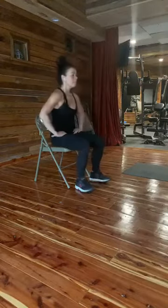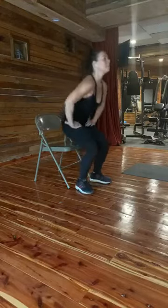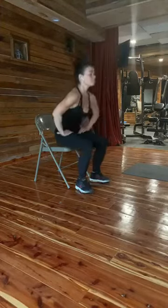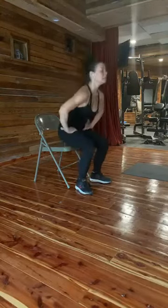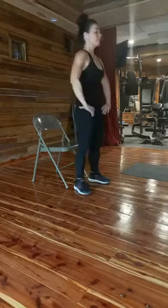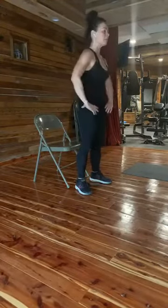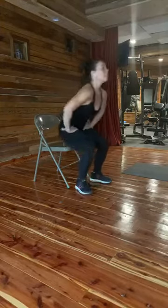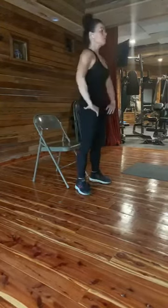6, 7, squeeze your butt when you come up. 8, 9, 10, belly in, and breathe. 5. So just because your belly is in doesn't mean you shouldn't breathe. So we're breathing. 3, 2,